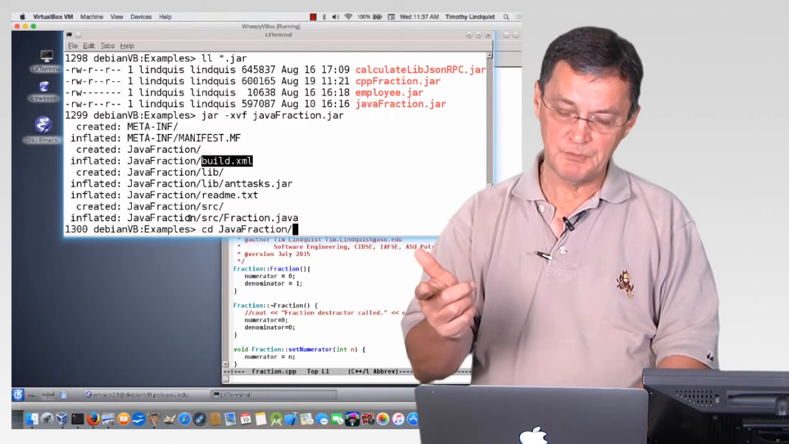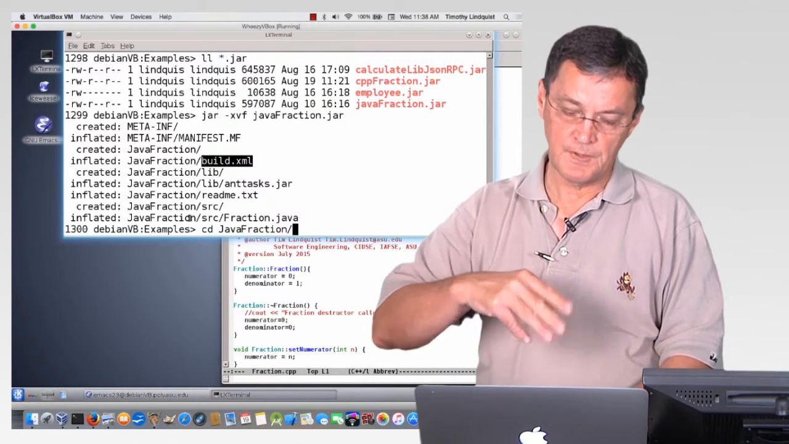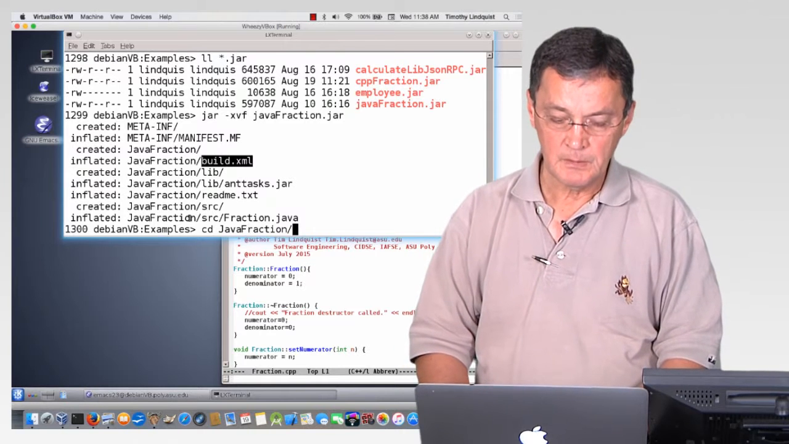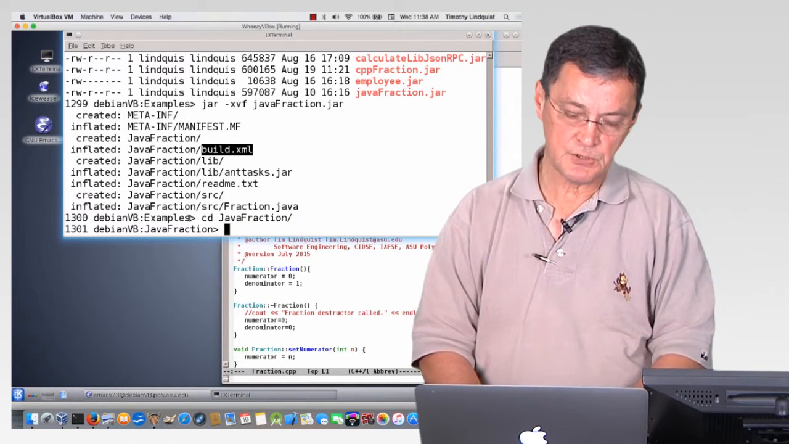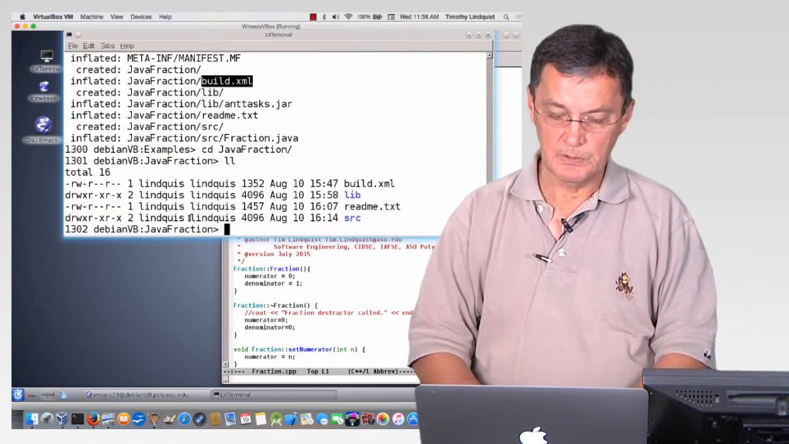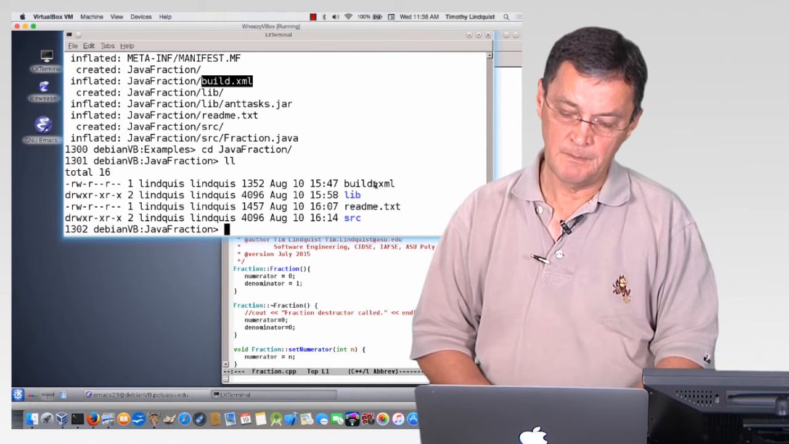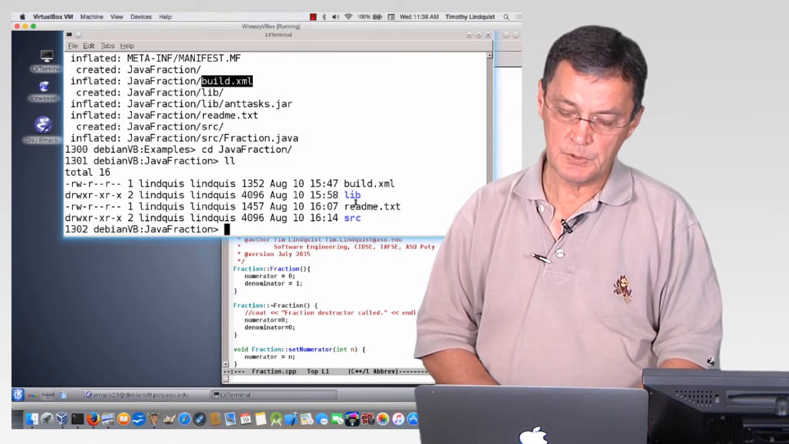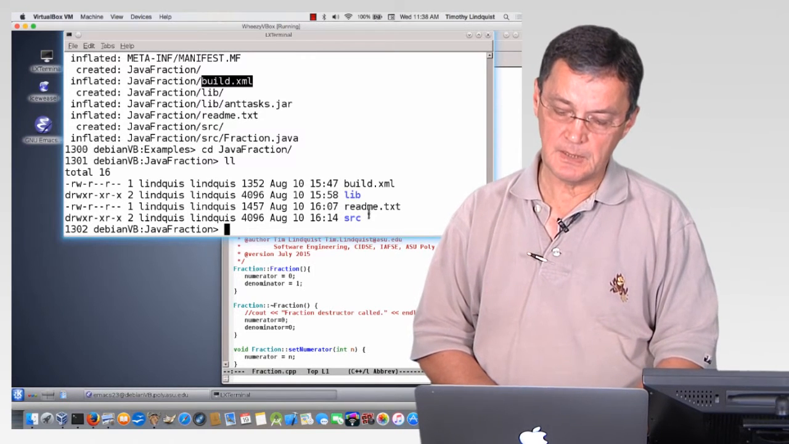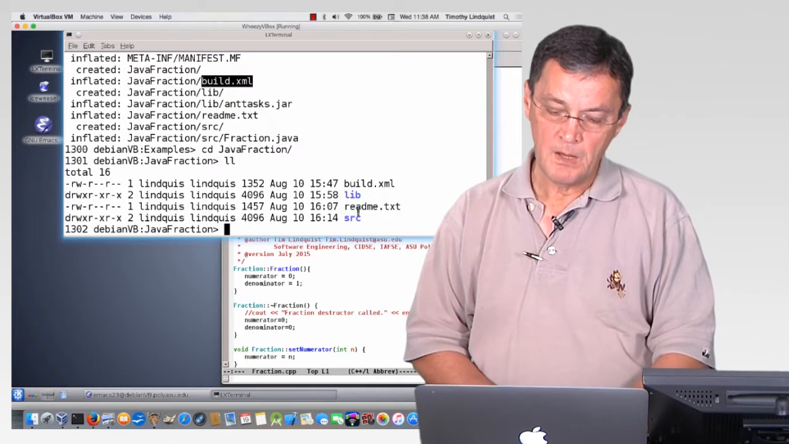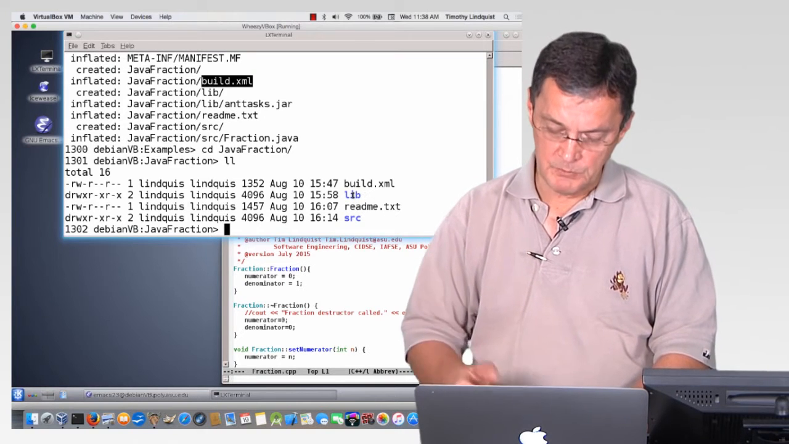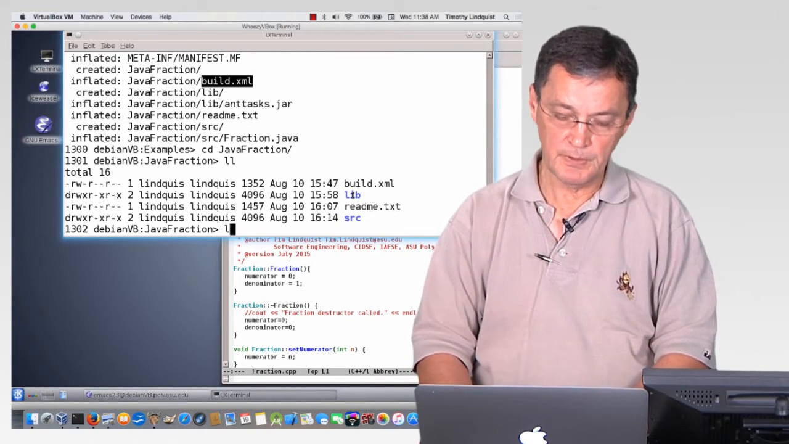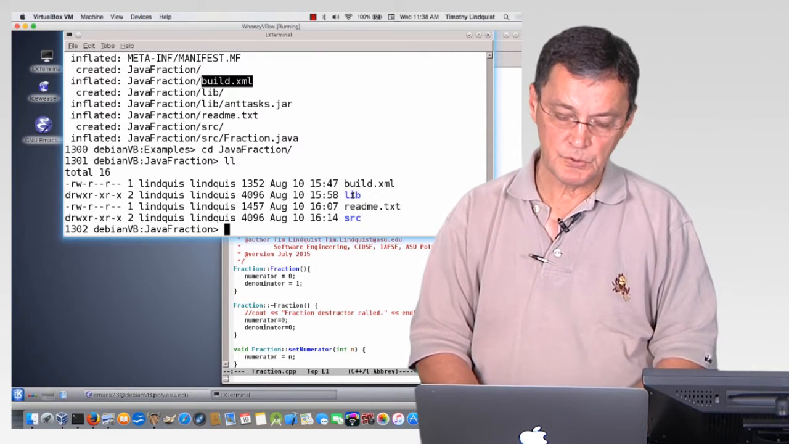That time I had to type JA because in fact there's two files that begin with J. And now I'm in the JavaFraction directory, and if I do a listing of it, ll, there's a build.xml. We're going to talk about that next time with ant. There's a lib directory, a readme.txt, and a source directory. We don't need to worry about the lib directory today. In the source directory